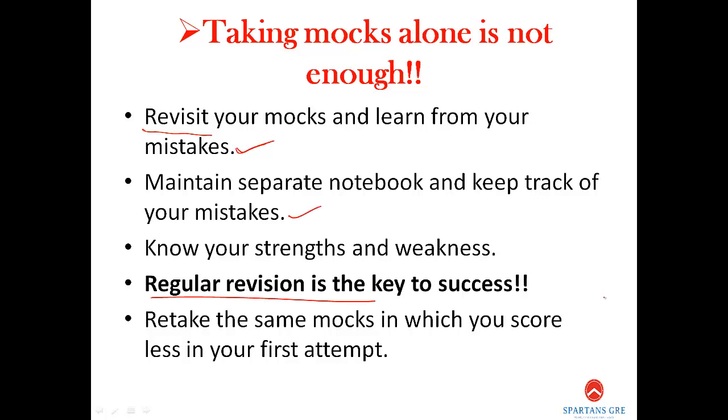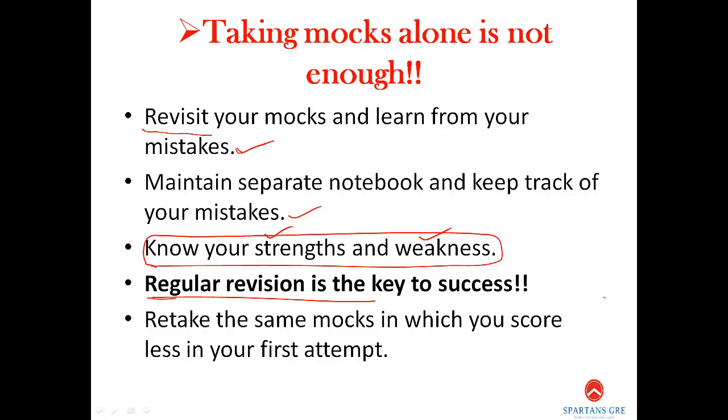Also, when you are analyzing your mocks, you have to know exactly which chapters you are getting right and which chapters you are getting wrong. What are your strengths? What are your weaknesses? All these things you will be in a position to judge from your mocks. That's why mocks play a crucial role in any GRE aspirant's preparation.